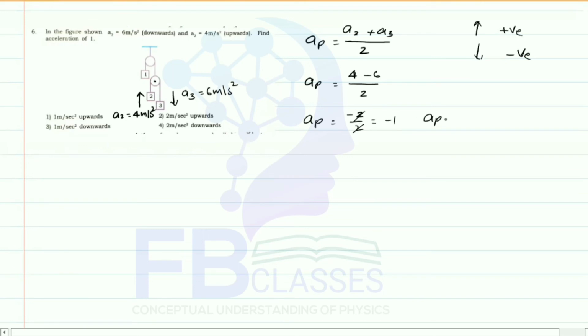square. So minus 1 meter per second square is nothing but what, my dear? Minus is an indication of downward direction. Yes or no? So it is a downward direction. Understand? So the total pulley will move with 1 meter per second square in the downward direction. Understand? So now